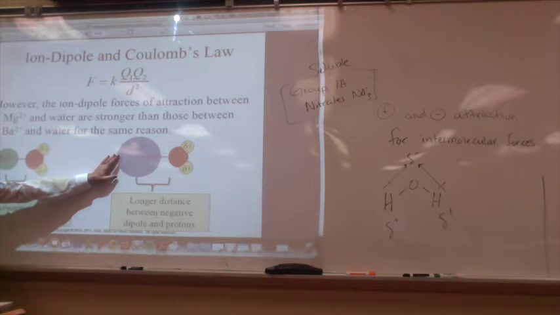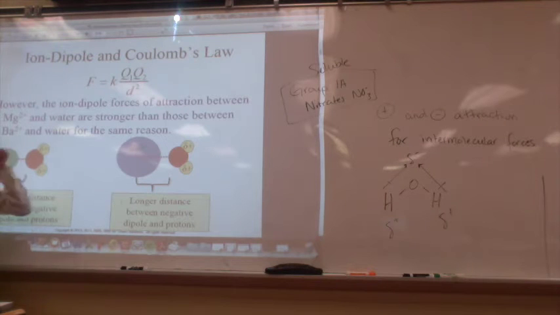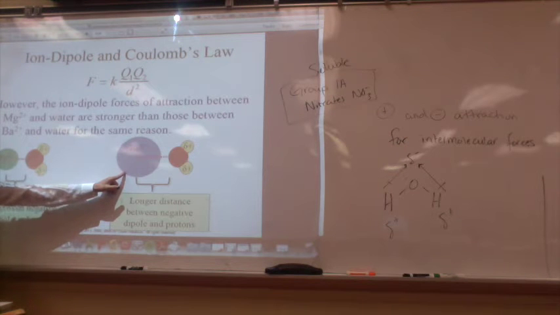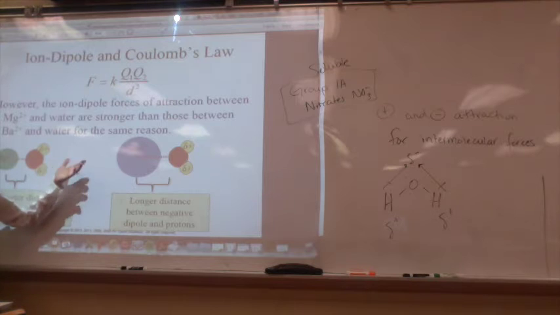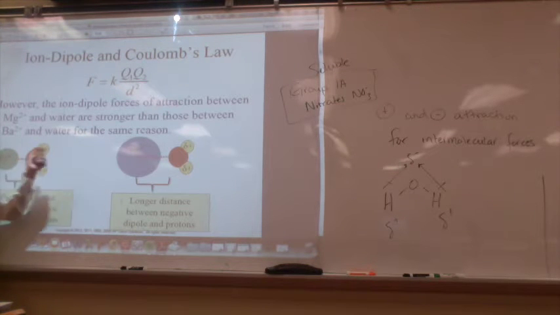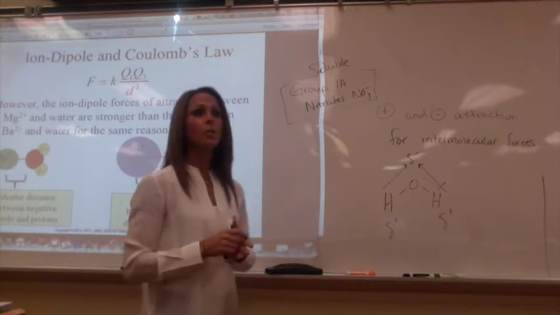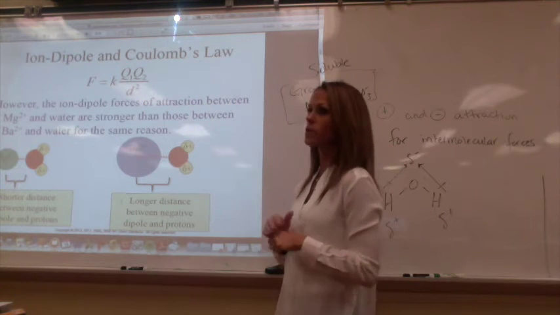Do you hear what I just said? I just told you before that magnesium won't dissolve in water because its force of attraction is too strong to its anion, right? But then I just said to you now that magnesium has a greater force of attraction to water than barium does. The same thing holds true. It's because of its size. So if I say, for example, I dumped this magnesium ion and barium ion into water without any other anion in there, magnesium would have a greater force of attraction to the water molecule because of its distance. But if I put it in as magnesium hydroxide, the magnesium hydroxide is sticking stronger together than the barium hydroxide. And so that would stay insoluble, and then barium hydroxide would be soluble.